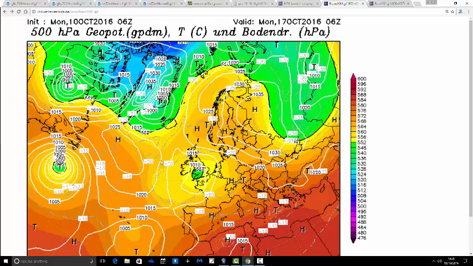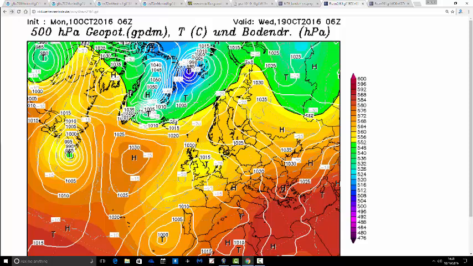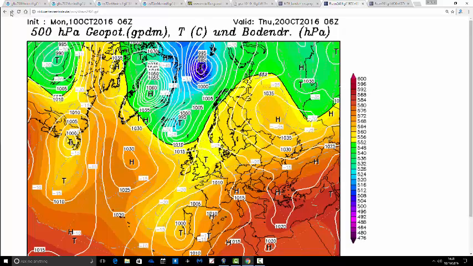Inside of next week, this is Monday, a week away, and low pressure is still sitting there over the south of the country, probably producing more outbreaks of rain. And then we go through into the middle part of next week, still really with low pressure close to the country, so we could have more showers even into the middle part of next week. And day 10, which is Thursday, 20th of October,